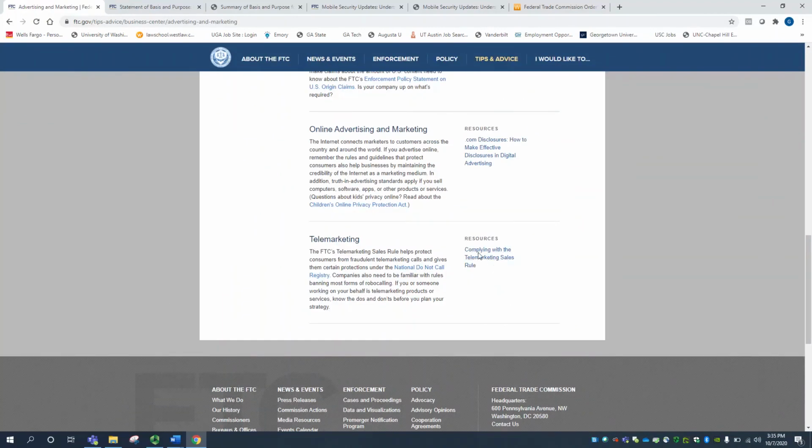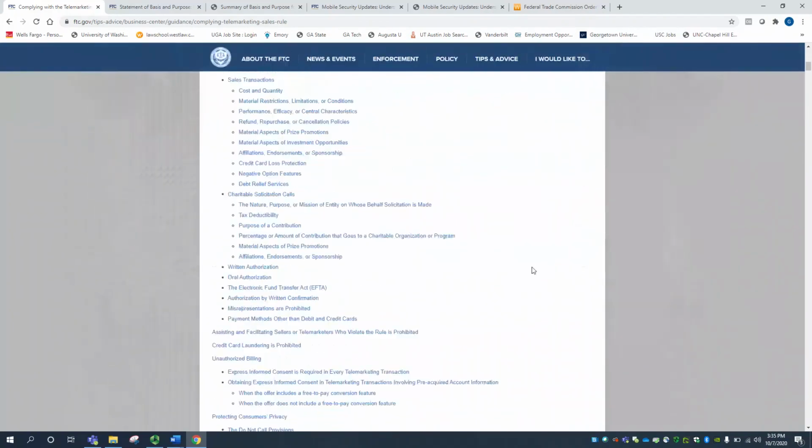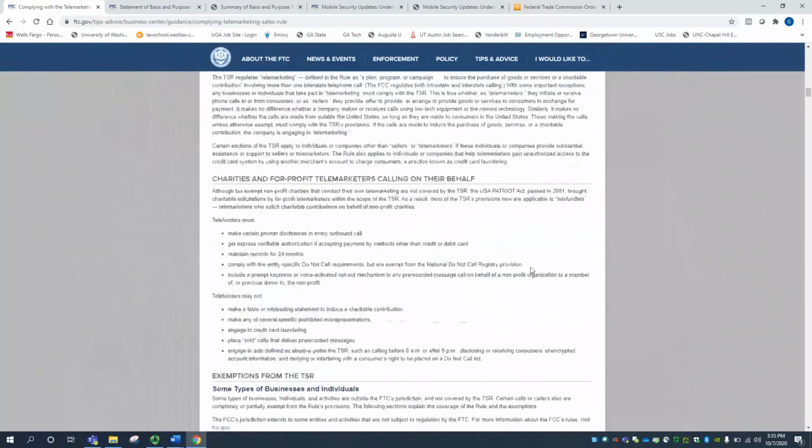And we have basically a guide to complying with the telemarketing sales rule. And it just tells us exactly what we need to do to comply with that TSR.